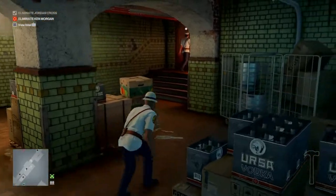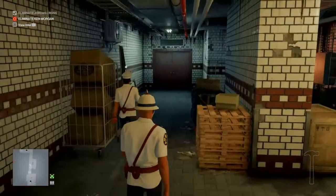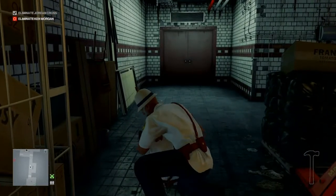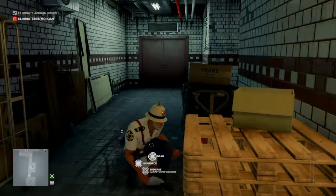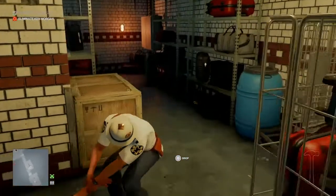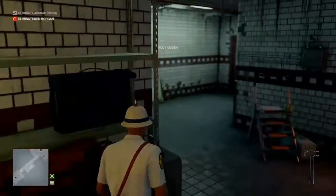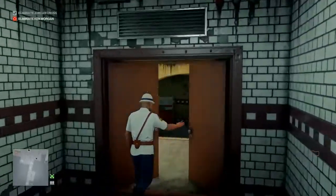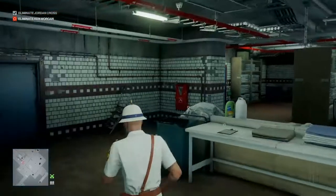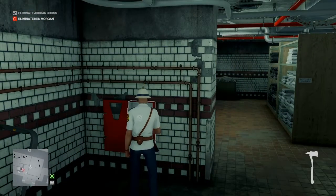So we're just going to follow the captain into the next corridor, and to save a bit of time, we're going to render him unconscious, because he's going to make his way through the doors ahead of us and then stop, and we'll be stuck behind him a little bit longer. That noise you just heard was the mission story completing itself, which means that Ken Morgan is now on his way to this room, and in this room we will find on the wall a fire axe,